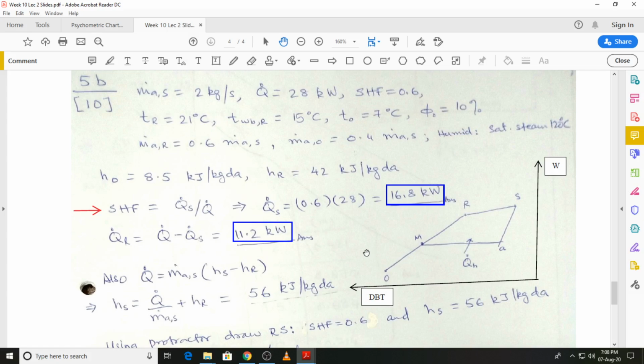The next thing is to move on to the other as yet unknown states of the cycle. We have got two states, we need at least M and S. Then we can draw the complete cycle, and that will allow us to obtain further results. So to locate state S, we can start by looking at the energy balance for the process RS,